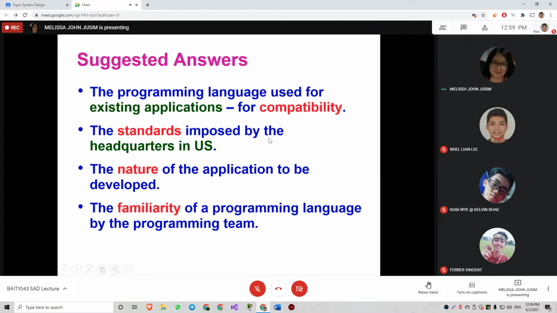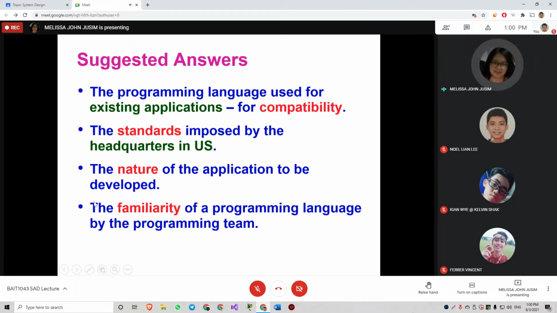But if you look at the other two factors, we also need to see what we're going to develop. Is it a web-based application? If it is, then we need to select a programming language that we can use to develop the web-based application.